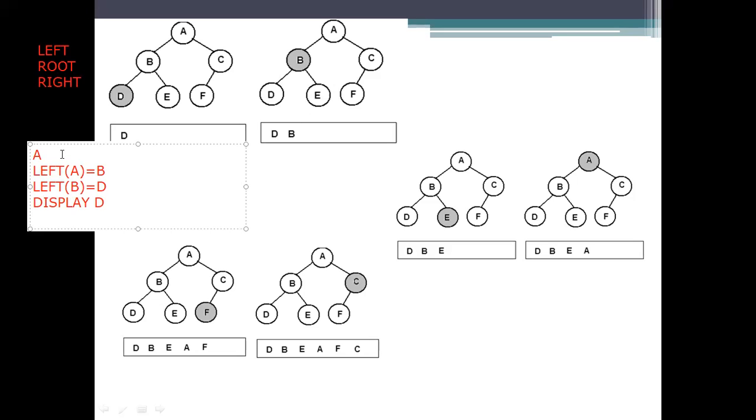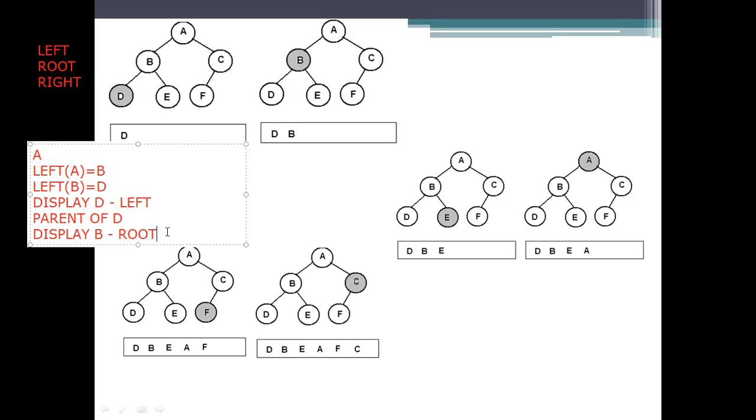Next one here is we reached the left side. So what you have to do? We need to go for the root one. So we need to go for the back forth. So back forth here is parent of, we need to reach parent of the D. So that is the element. We need to go for the back forth and see whether it is an element or not. As it is an element of that one, then display B here. That is a root node, and here it is a left.